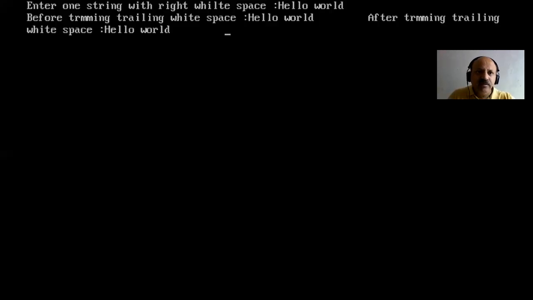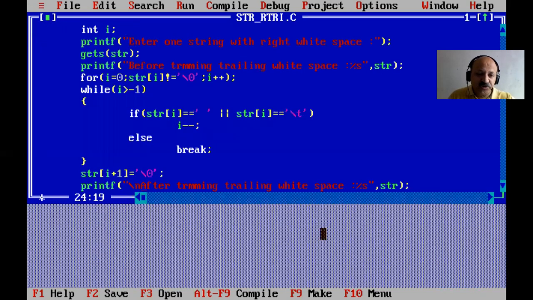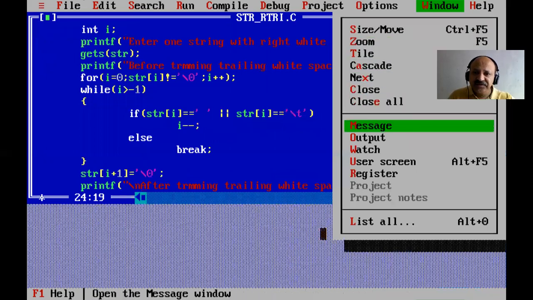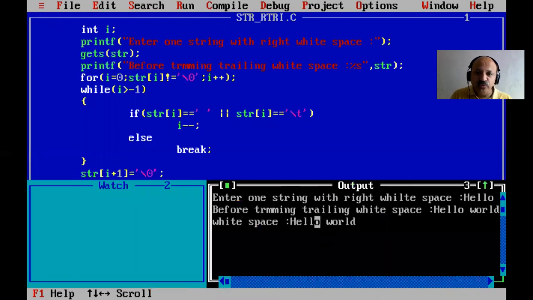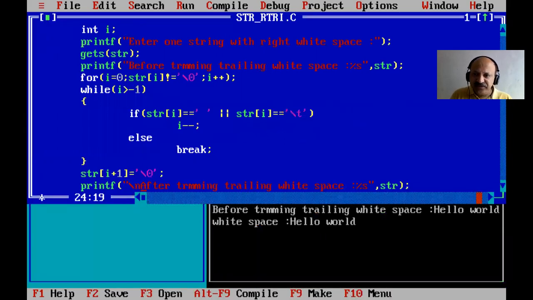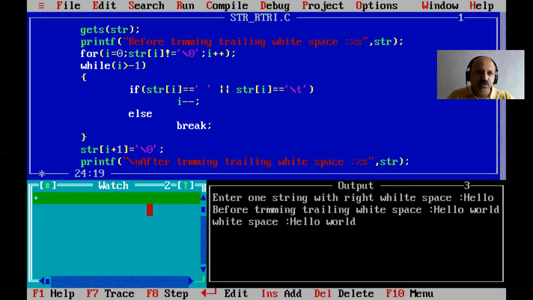Yes, and other are complete. So our cursor is blinking. So that is a white page. So let us check. We can take a watch window so we can better understand, and if any change is required in our logic, so we can improve. So yes, let us check step by step, we can take a watch window.